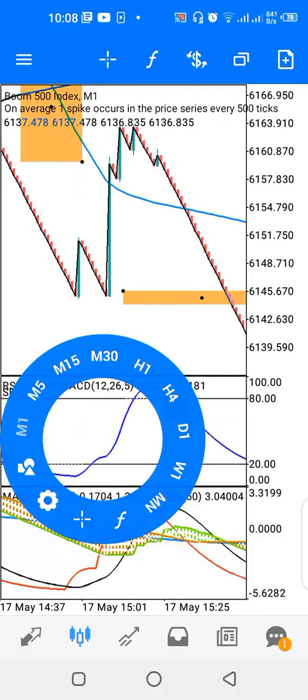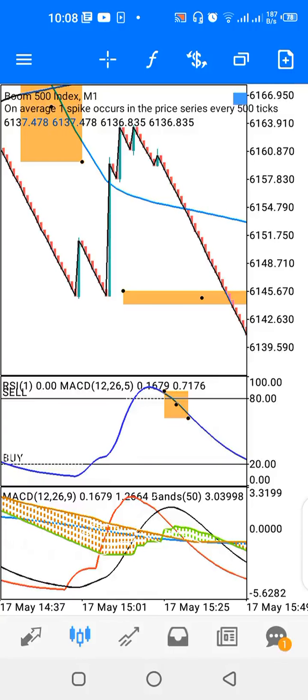Look for buy opportunities when it goes below 20 and it crosses up, like you have around here. Look for buy opportunities. Now that's that for indicator window 1. For indicator window 2,